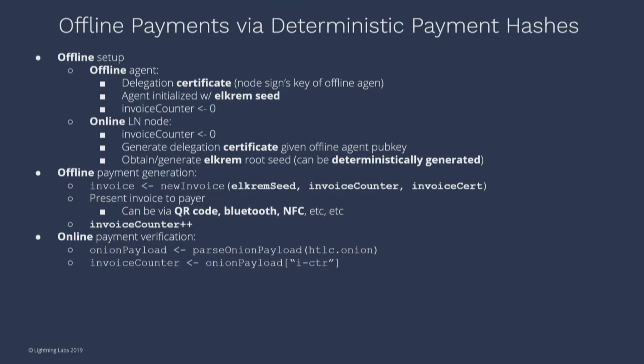So from the other side, once the receiver has the onion payload, it's going to parse the onion payload, get that out of it, and then get the dictionary that we talked about, that TLV structure, and then get the counter from that. Once it has the counter, it's going to use that counter to derive the actual preimage for that payment, and then all of a sudden, boom, it's the payment. Right, so doing this, this entire time, this thing was offline, and we have something else online.